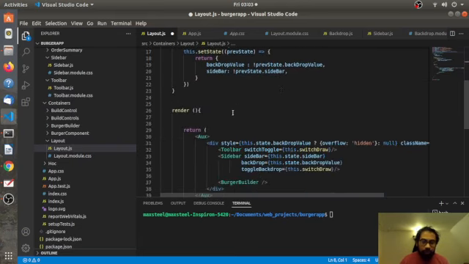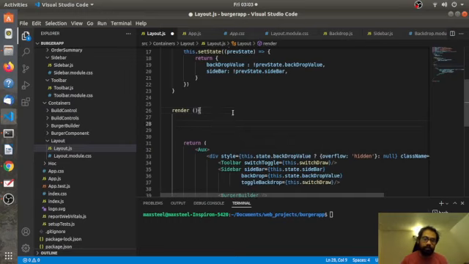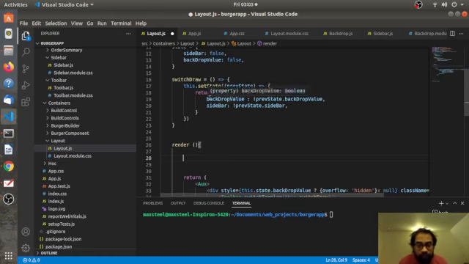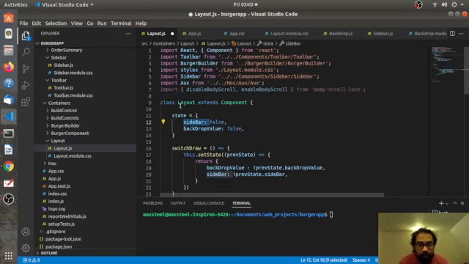In our case, the best place to execute this is in the render statement. Every time the value of the state changes, the layout component will re-render,